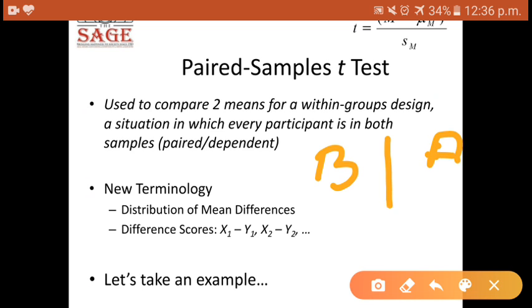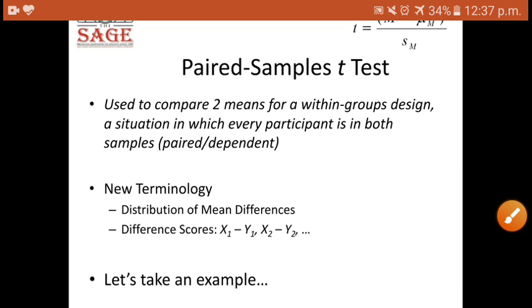Now, between before and after, what is the difference? We are trying to put in an intervention. So we would try to find out how that person behaves, how that person answers the questions in the first sample, and how he answers after the intervention, and then we try to analyze it. This is your paired sample t-test. That means we are taking the same participants, and the samples are dependent.